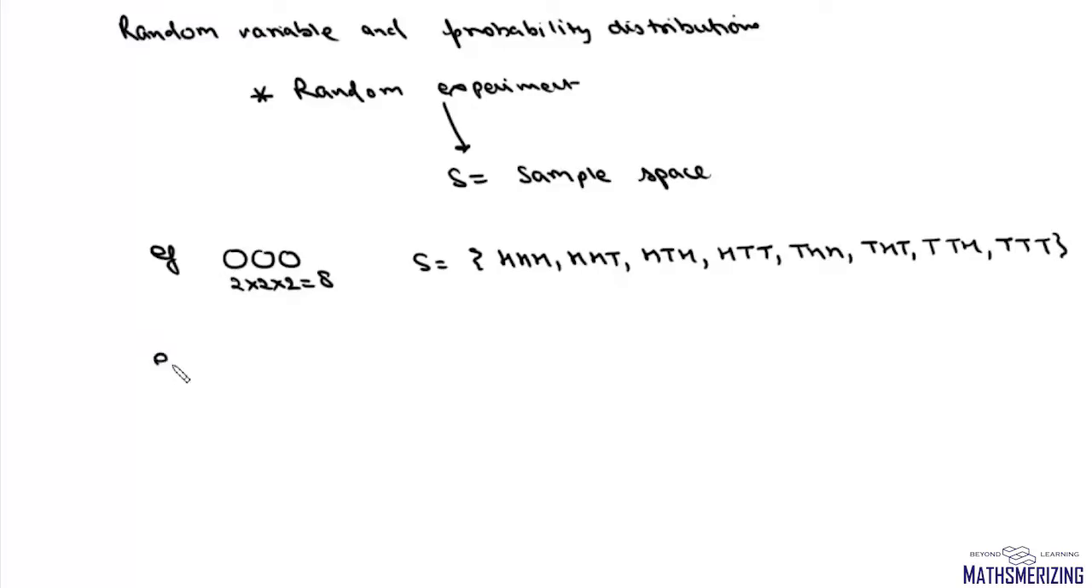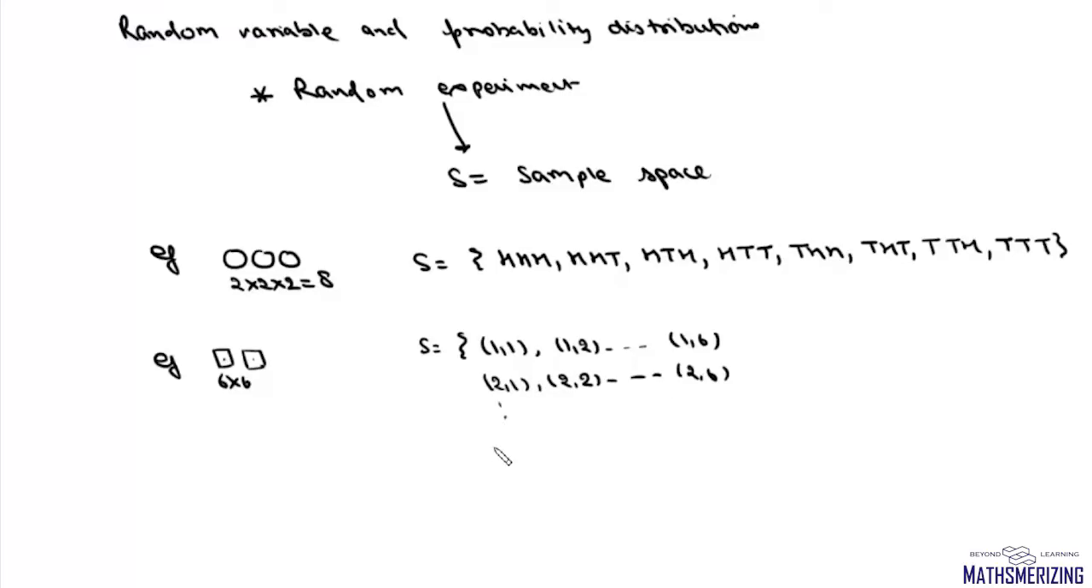And if we take another example, suppose we roll a pair of dice. Now, if we roll a pair of dice, we have 6 into 6, 36 choices. Now in this case, this sample space will contain 36 sample points, and they are (1,1), (1,2), up to (1,6), (2,1), (2,2), up to (2,6), and (6,1), (6,2), up to